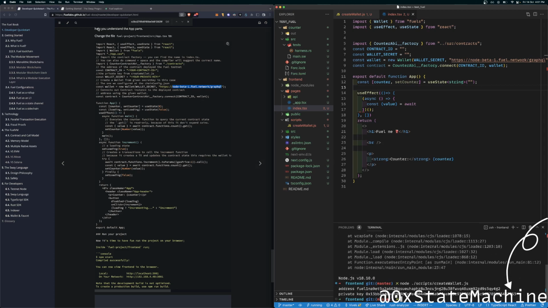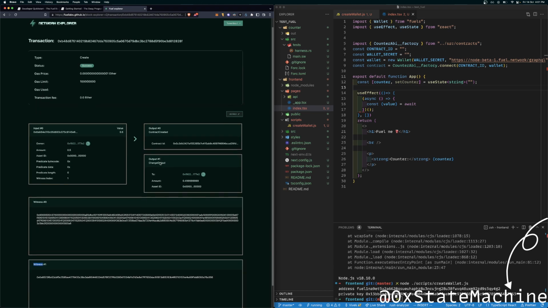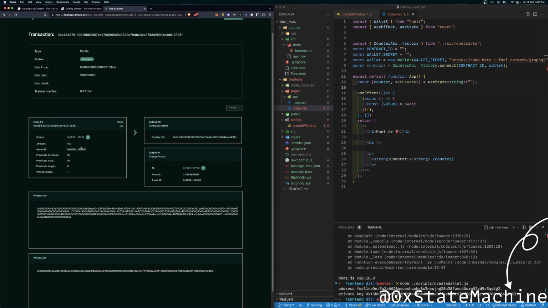Oh, I don't have any information. At least I have this. This is a transaction ID. We got contract created. Oh, details. This is the contract ID. But why is there dot dot dot?